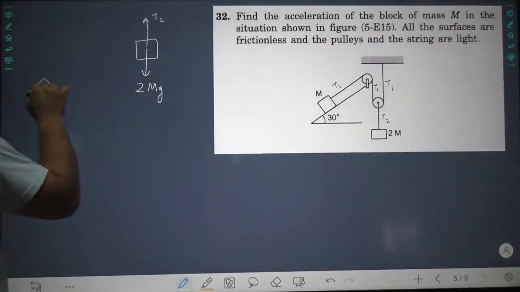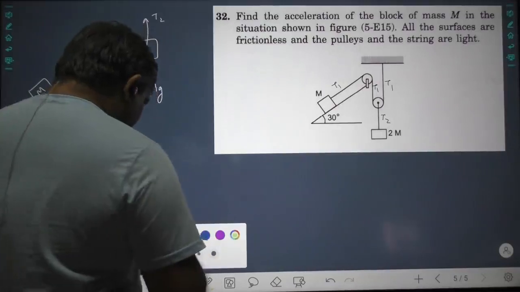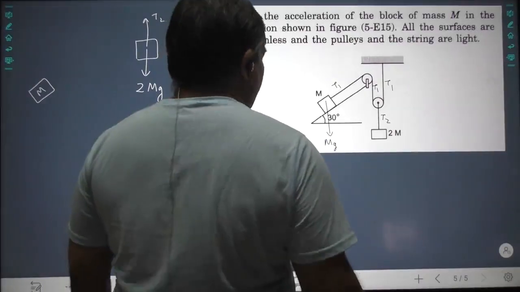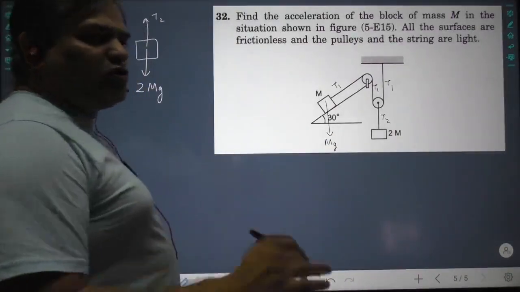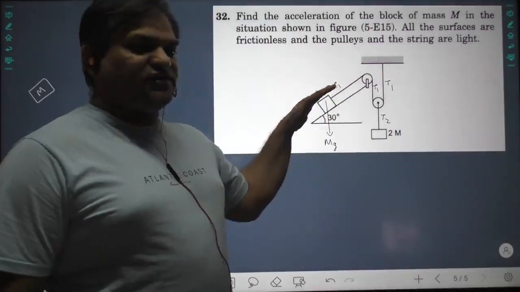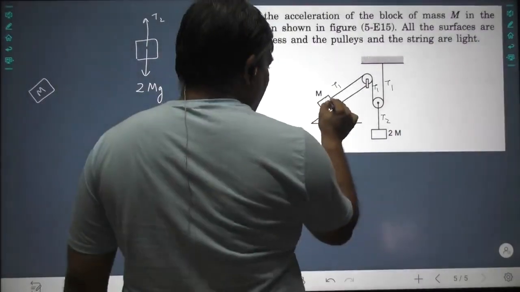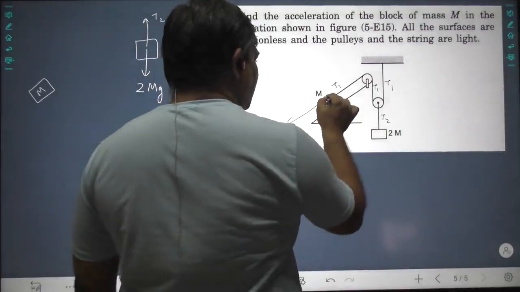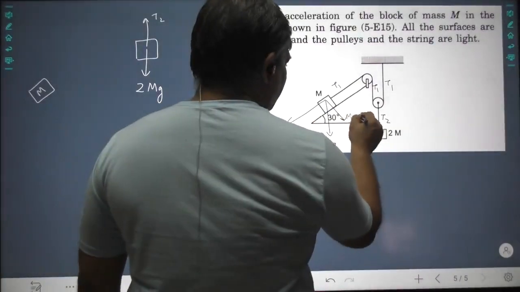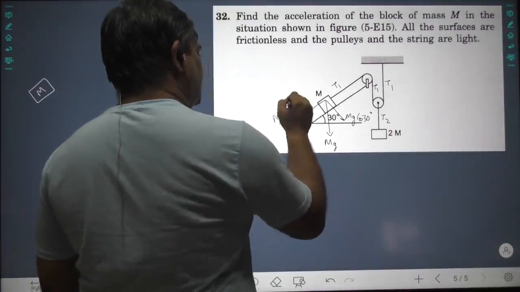Let us write down the forces for this m mass. This m mass is on a wedge. So mg is acting downwards. Please understand, mg is acting downwards. Now what I have told you, you have to break down every force only along 2 directions: one along the plane on which the object is there, and one perpendicular to the plane. So mg is downward, so you will get this component and this component. This 30 degree, so this again becomes 30 degree. So this is mg cos 30 degree and mg sin 30 degree.